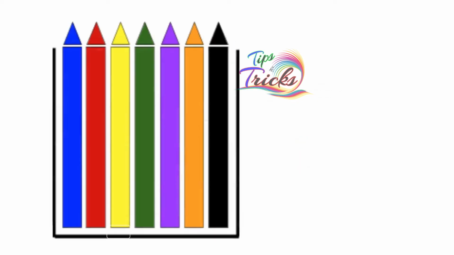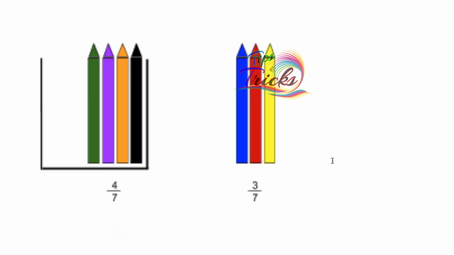Another way to think of fraction is a part of a set. For example, here is a box of crayons. The entire box is made up of 7 crayons. So each crayon is 1 out of 7. If we take 3 of these crayons